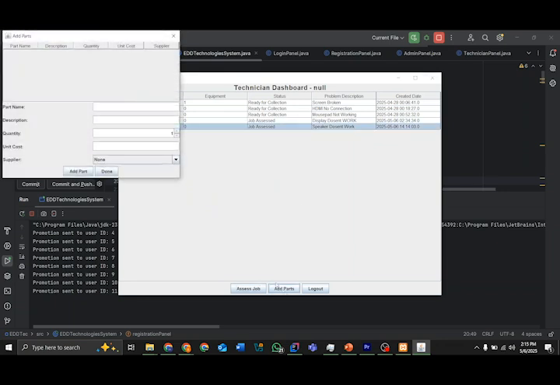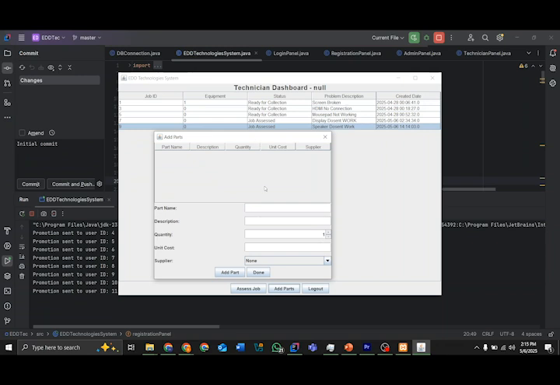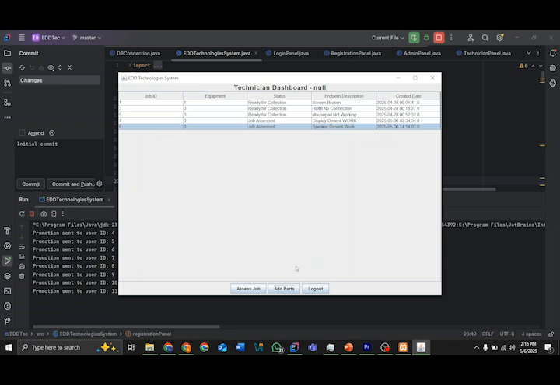Let's add the parts which are required, part name and all the details, the unit cost. We can choose the supplier also, adding the quantity. Click on add part and we are done,